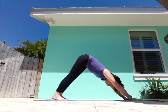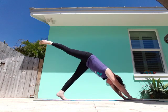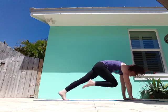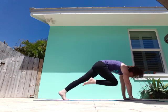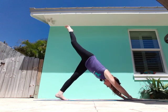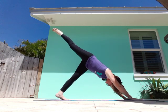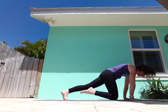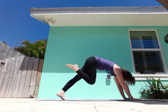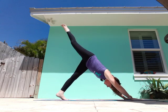On our next breath in, left leg comes high, three-legged dog. Exhale, we come forward, tap, and lift. 3 times. Come on back up, three-legged dog. Inhale, exhale. Come on back up, inhale,